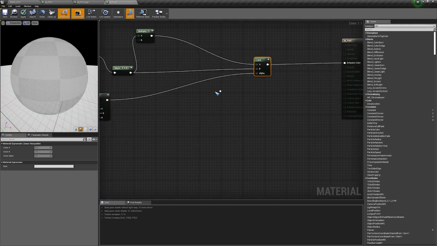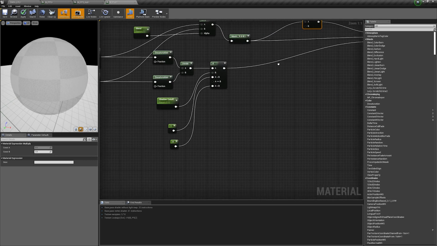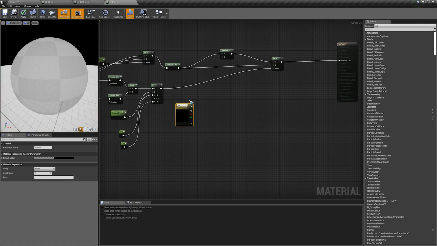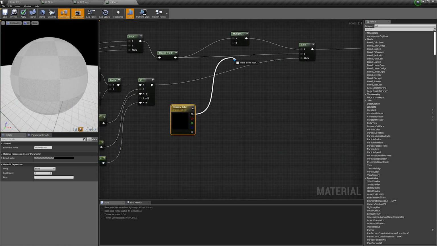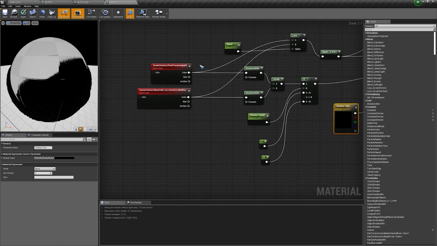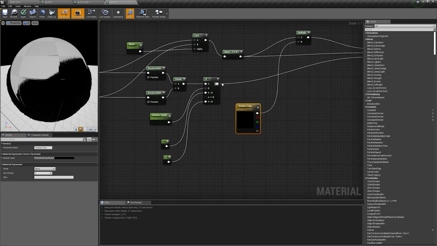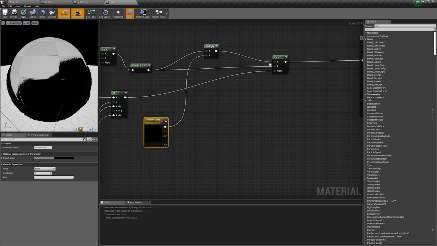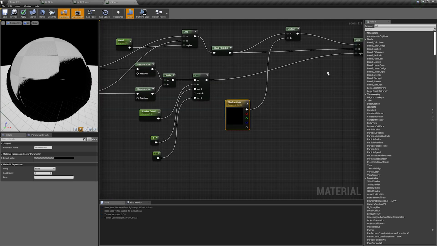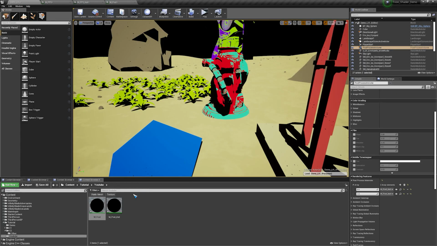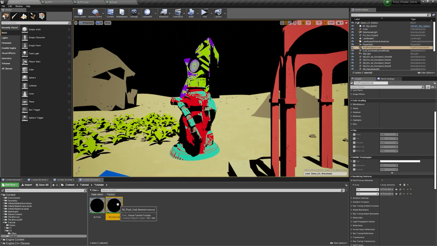And I will move this here and move this here also. So now I will just press and hold V and click, and I will call this shadow color, and I will connect this to the B here. So this will multiply with the color from this, either this base color or the post process input. And if the value is 1, we will get these colors because we will get the output from B. And if the value is 0, then we will get the shadow with the shadow color multiplied. So now if I click apply,